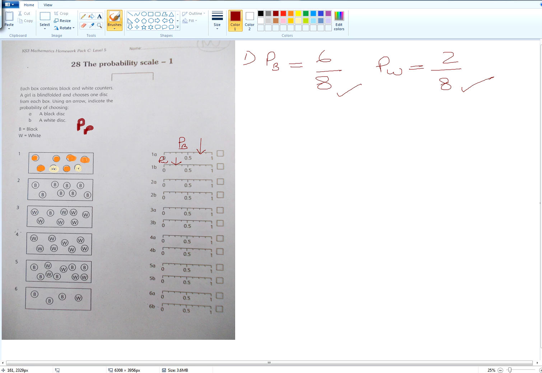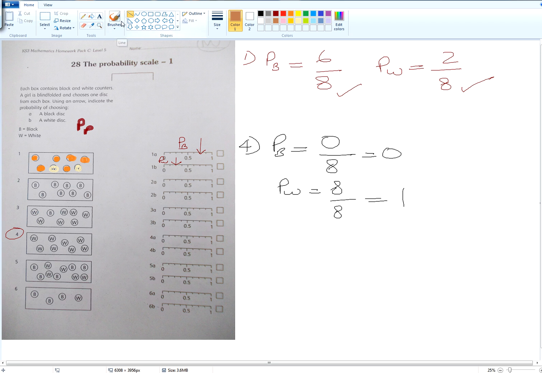Okay, let's have a look at this one over here, number 4. What's the probability of a black one here? It's not a trick question. How many black ones do you have in number 4? And the answer is nothing. We don't have any. So probability of 0/8 will give us simply an answer of 0. Now what is the probability of a white in number 4? 1 whole. First of all, we start with 8 eighths, which gives you 1. Okay, so if you want to put that on the line,